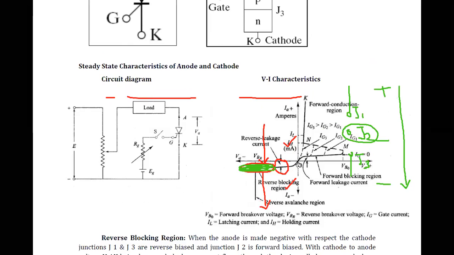You can see there is a small flow of current here, which is passing through your diode, but not able to conduct properly. Why is it not able to conduct properly? Because the junction J2 is reverse bias. Understood how the flow goes? Though your junctions are forward bias, your J2 is not allowing.